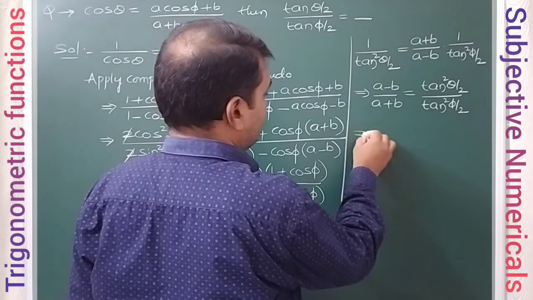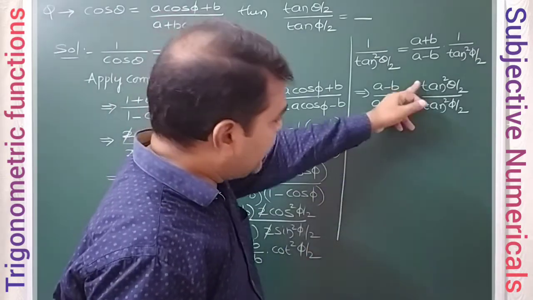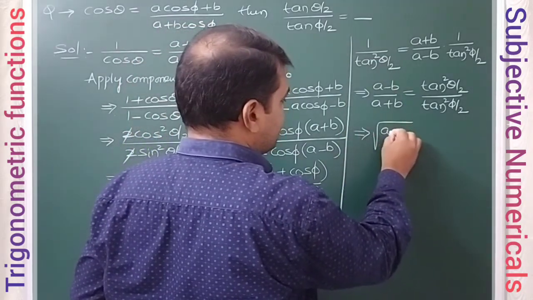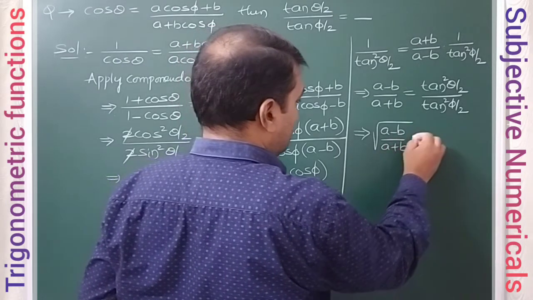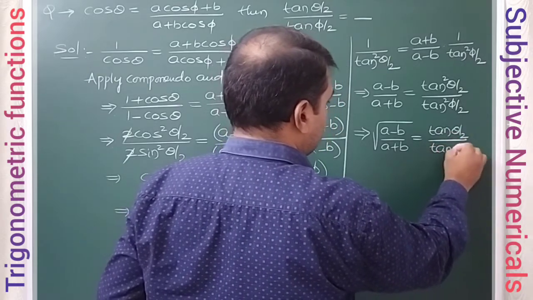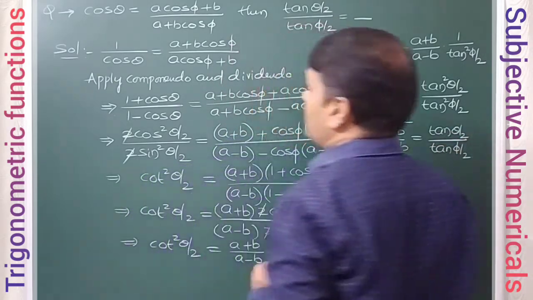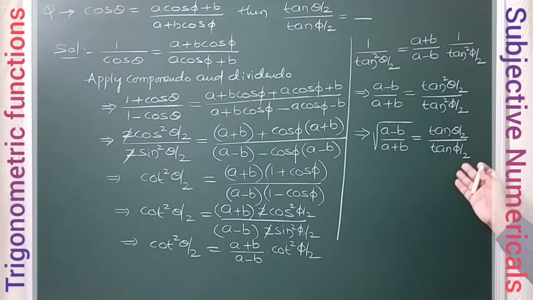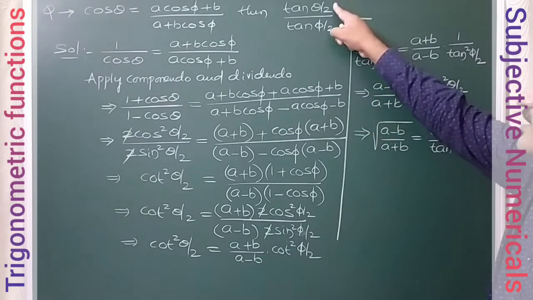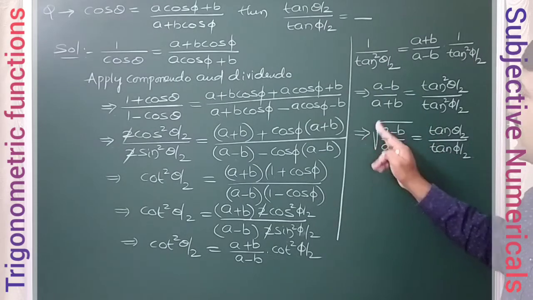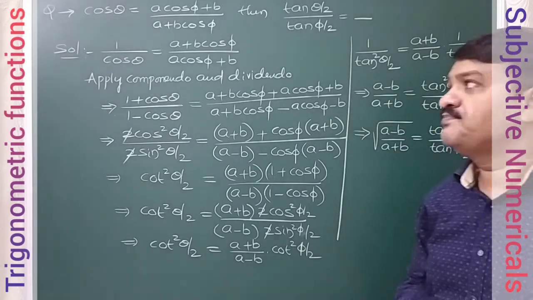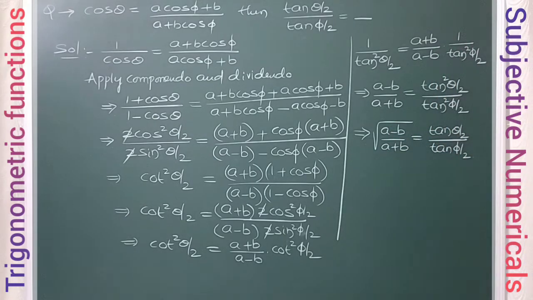So therefore tan theta by 2 by tan phi by 2 means take square root on both sides. So taking square root of both sides, a minus b by a plus b under root is going to be tan theta by 2 by tan phi by 2. So of course you have to write plus or minus, but based on the requirement I am writing like this, but of course actually plus or minus we have to write. So tan theta by 2 by tan phi by 2 will be plus or minus under root a minus b by a plus b. So if you are assuming this to be positive, this is the answer. Okay, so let us move on to next question now.